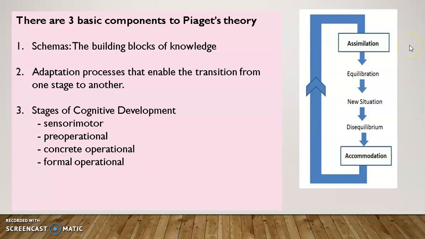We then move on, and this is just how things are. It's accepted new knowledge. Then Piaget talks about the stages of cognitive development, which are the sensory motor stage, the pre-operational stage, the concrete operational stage, and the formal operational stage. Now, before we progress and look at these stages, we need to remember certain things about Piaget.